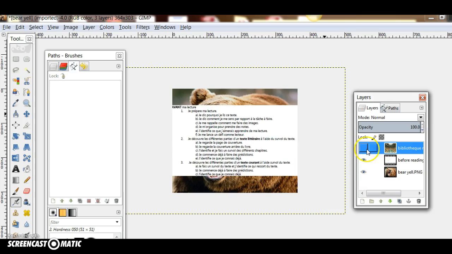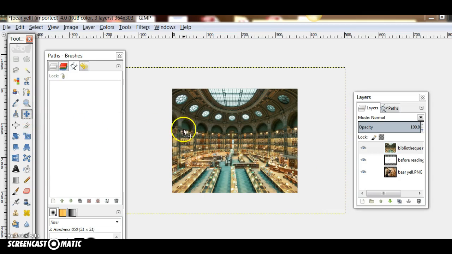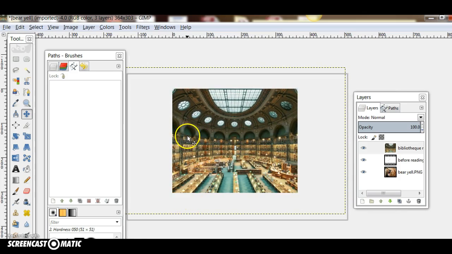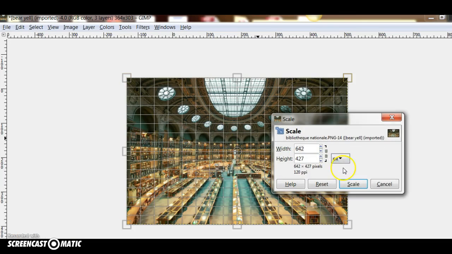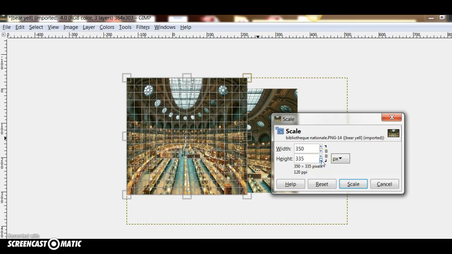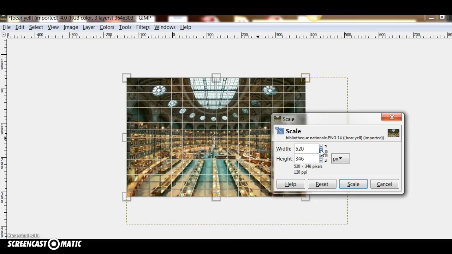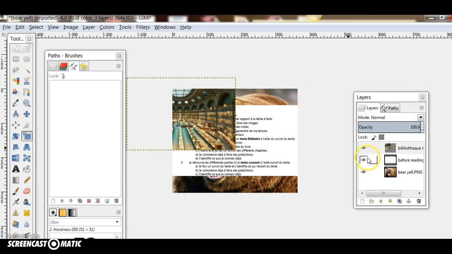And then you treat it in this fashion. Okay, so you can build the layers in this way, and then on the left you can hit the moving sign and you can move them around. You can stack them. What I ended up doing is I used the scaling tool to mess with the size of the images. Oh, see how it screwed up, it dragged it? So you have to click this chain thingy, and it keeps the proportion, and it'll scale it for you like that. You hit the scale button, and let's say